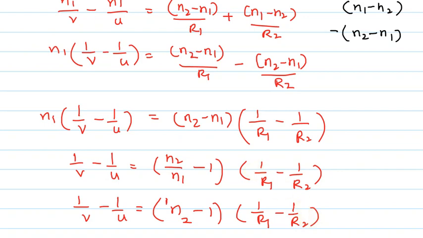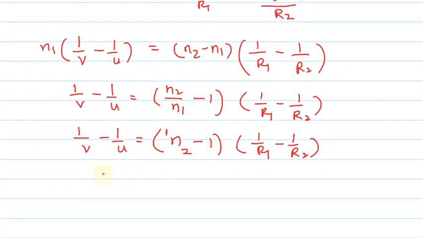So we can call this relation the lens maker's formula, but let us first replace 1 by v minus 1 by u. If the object distance is infinity in front of a convex lens, then two parallel light rays will be incident on the convex lens. After refraction, the light rays will converge at a point on the principal axis, and that point is called the focal point. That means here the image distance will be at the focal point.